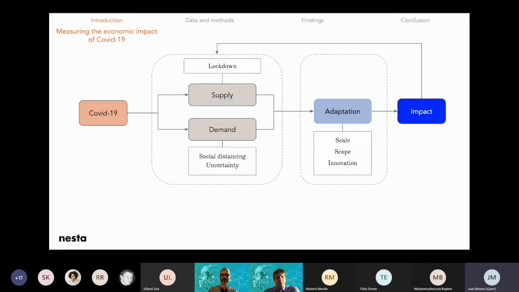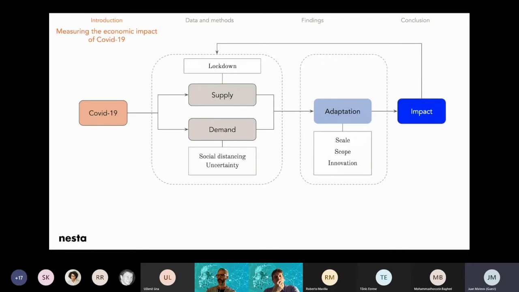Obviously the example of that we had in the UK is, I don't know, Rolls-Royce. They would obviously make cars and engines. They also moved into making ventilators because they had the capabilities to be able to do that. And then we have innovation, in terms of firms doing things in new ways. And obviously the most obvious, almost a cliche example of innovation has been the adoption of online e-commerce and, I guess, the delivery services in all sorts of businesses that are not able to open because of lockdown and social distancing. So you have this adaptation, and then obviously that creates an impact,